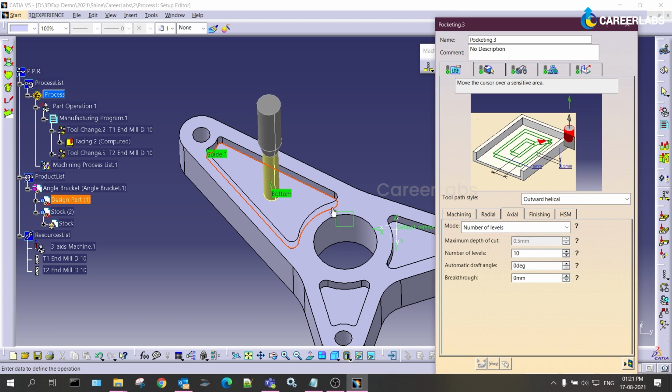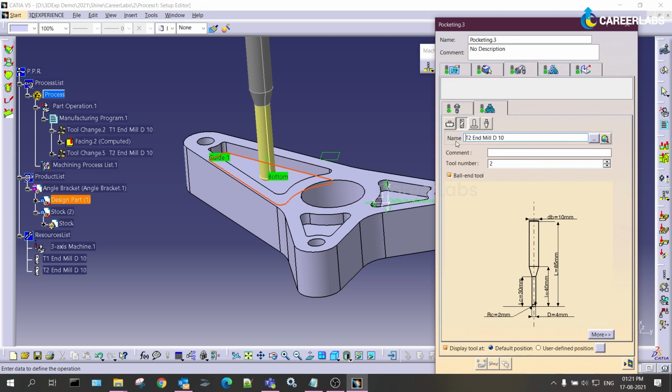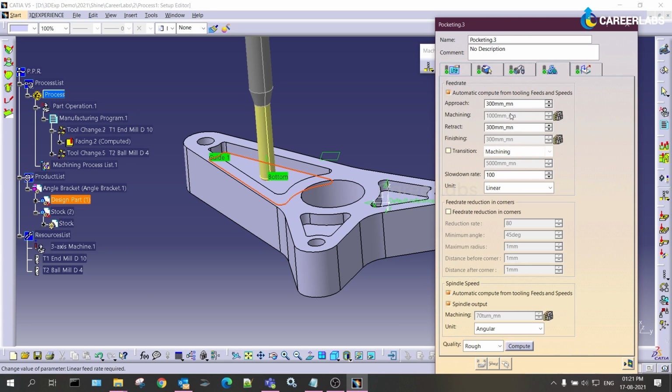So I have given 10 axial levels along with tool selection with ball diameter of 4 mm, followed by I might decrease approach and retract to 250.